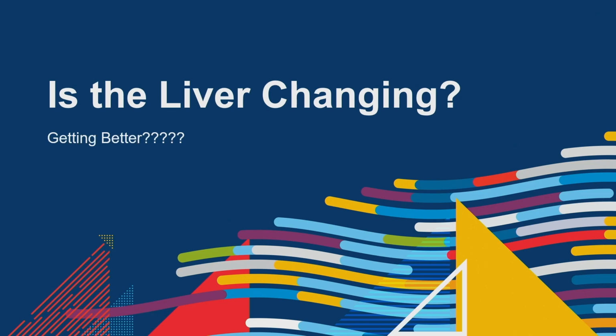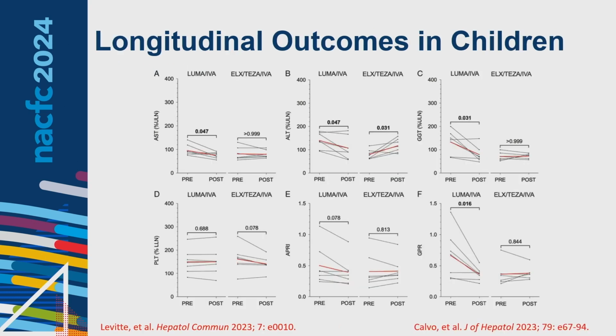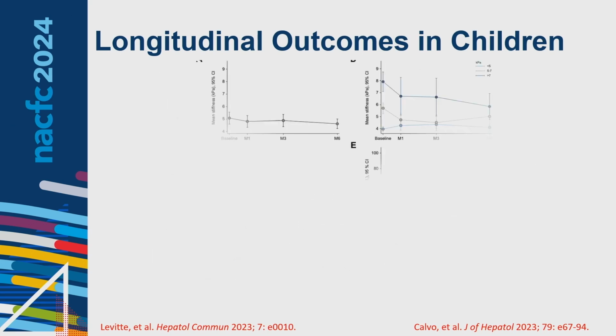So is the liver getting better, which is what you want me to talk about? I don't know. I don't even know what we should measure, if I'm being completely frank. We have all these labs that I've talked to you about. We have ultrasounds, we have MRIs, we have liver biopsies. We have very little data for this. We do have this study out of Stanford that looked at LUMA-IVA versus ETI, AST, ALT, GGT, platelets. They all actually did a little bit better on the LUMA-IVA. The lines for ETI are pretty stagnant, but they're still kind of from a normal to normal or a barely abnormal to normal. We're not talking about huge changes here.